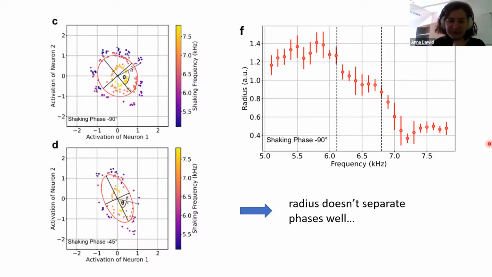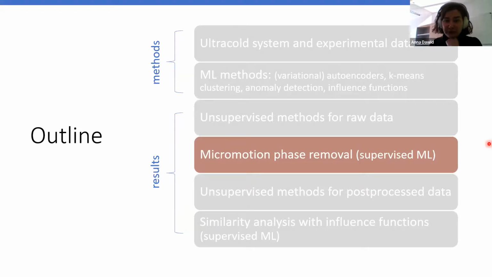So we thought that the next step needed to extract something better from this data is to remove the micromotion phase. And by removal, I mean fixing, so all data has the same micromotion phase. Of course, perfectly, what we could do is to ask experimentalists to just give us this kind of data and get rid of all others. But they weren't super happy to do the experiment all over again just because we didn't want the micromotion phase to be there. So we turned to a machine learning approach to fix the phase.